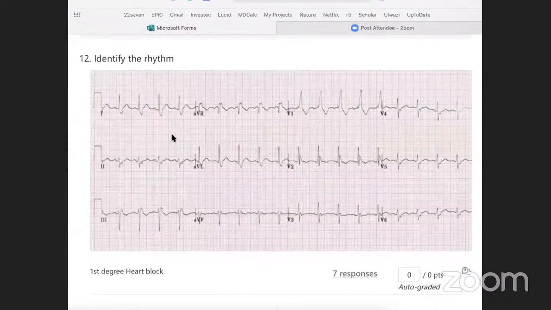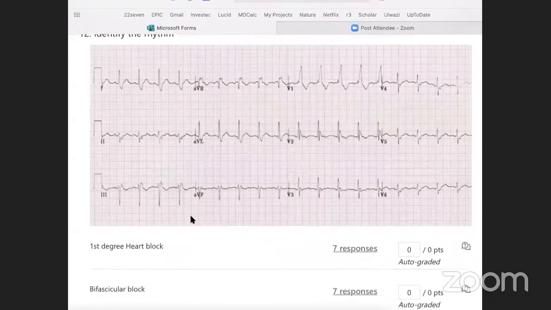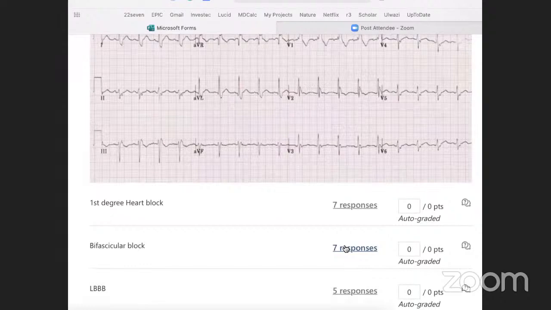Whenever I look at an ECG and I see a bundle branch block and I see axis deviation, I know that this patient is in serious trouble, as it's a bifascicular block, meaning that there is a right-sided bundle branch block and one of the branches of the left bundle, whether anterior hemiblock or posterior hemiblock, is also blocked. It's a high-grade block, and the patient could go into AV dissociation and heart failure. So this is a bifascicular block, as we did have 7 correct responses here.